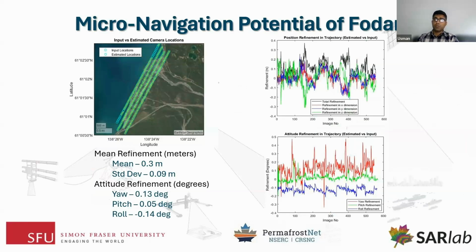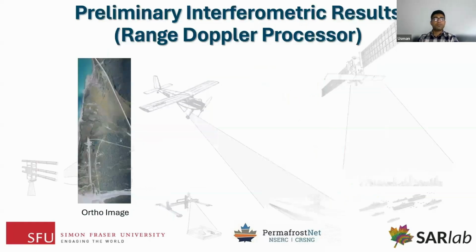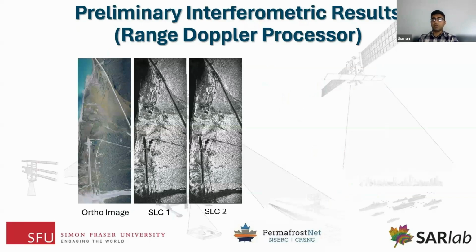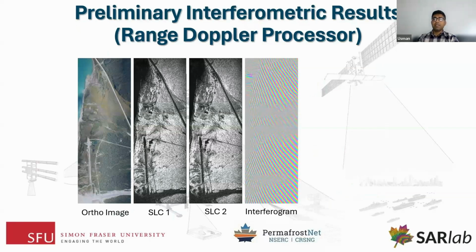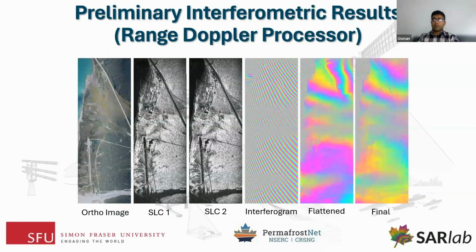So we could use that motion refinement in the SAR and InSAR chain and come up with more precise InSAR, or interferometric SAR, outputs. Looking at the initial interferometry results, this is one of the orthomosaics and the SAR images of the same airstrip that we fly from. I won't go into detail on this, but in the final result on the top right,